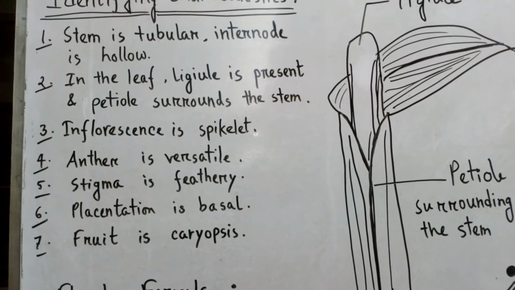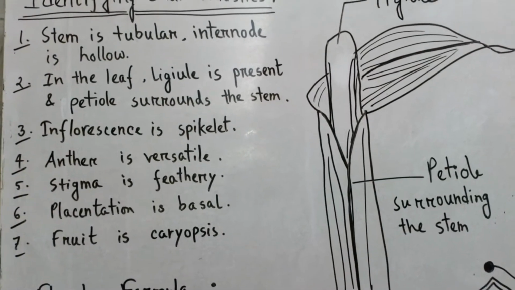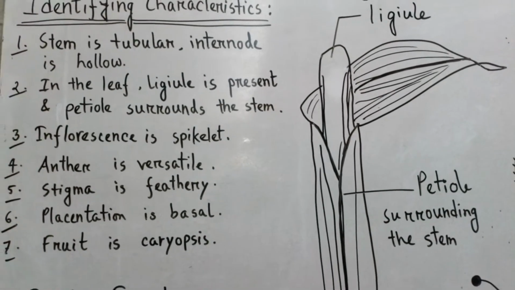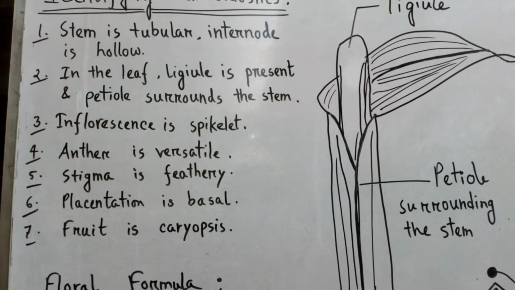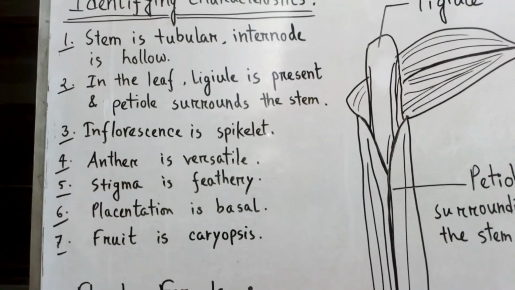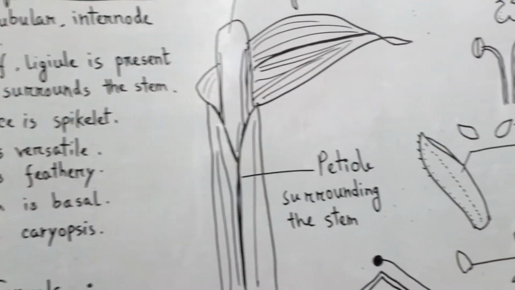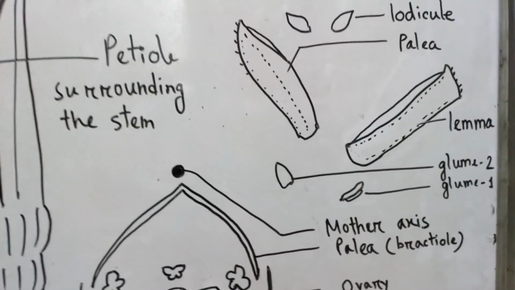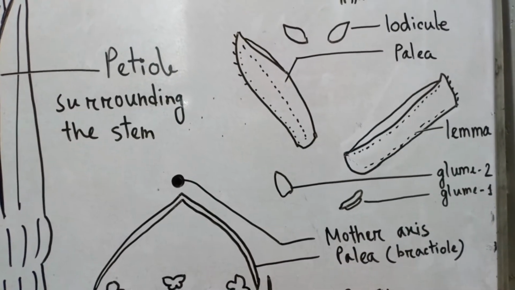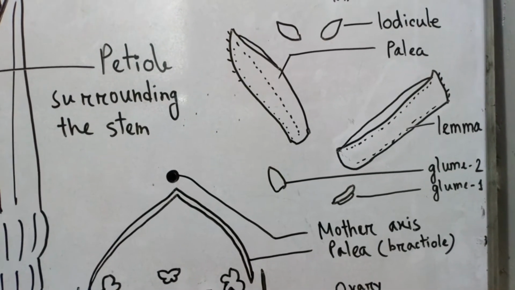Do you remember, racemose is that type of inflorescence where growth of the rachis is unlimited, and larger or older flowers are at the bottom part of the rachis, and younger or smaller flowers are at the apex. So the spikelet is a special type of racemose inflorescence where we can see some different arrangements, like there are 2 glumes present which are non-fertile, empty glumes, glume 1 and glume 2.